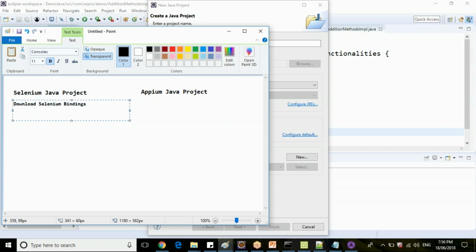What is the next step? Create a simple Java project. Correct. Then add libraries to build path, or jar files to build path. Add Selenium libraries to build path.